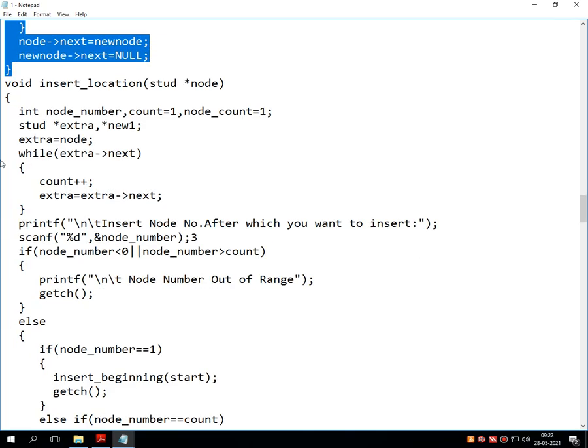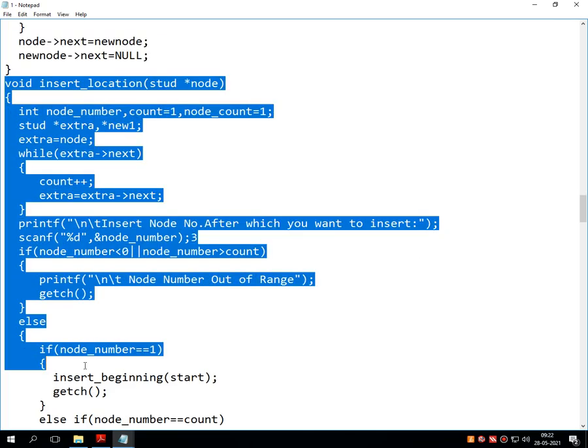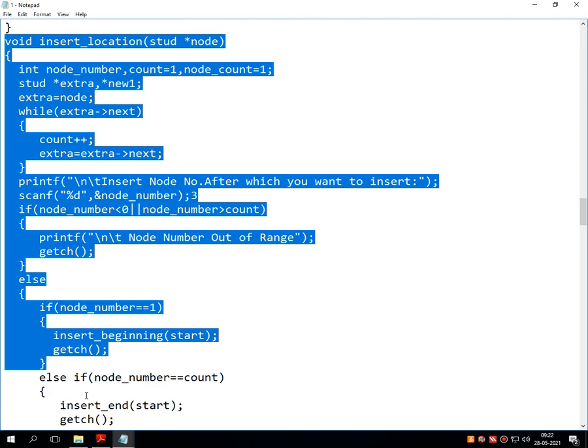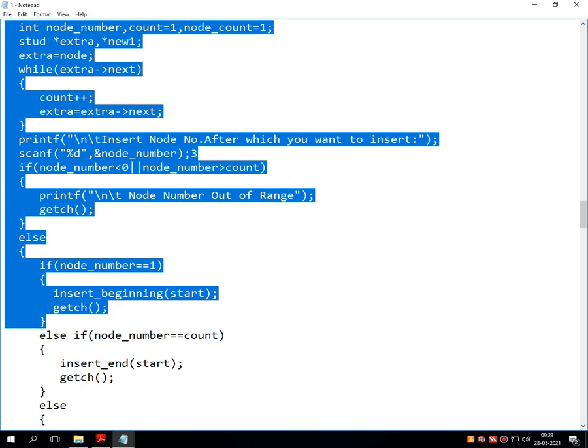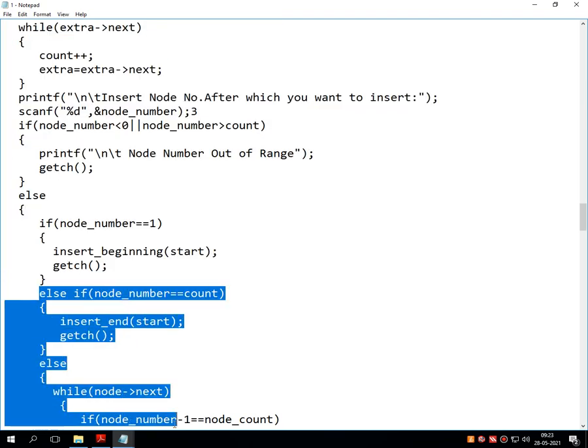Again pause the video and insert_location. Write down up to this selected line. Again pause the video and write down the remaining lines.